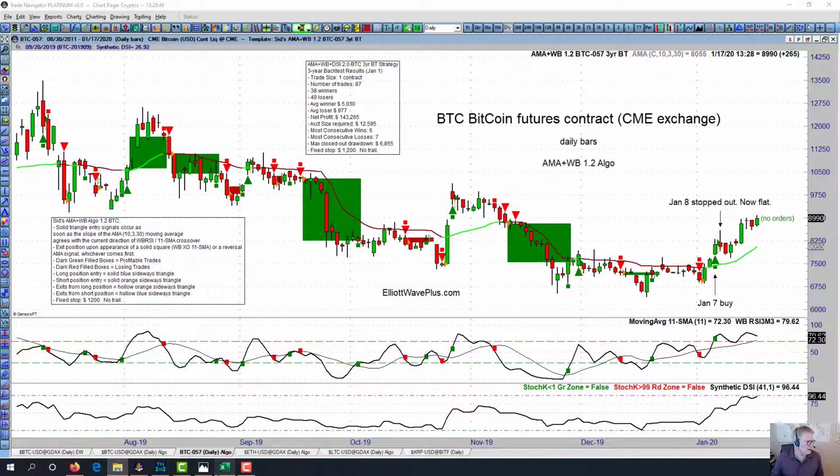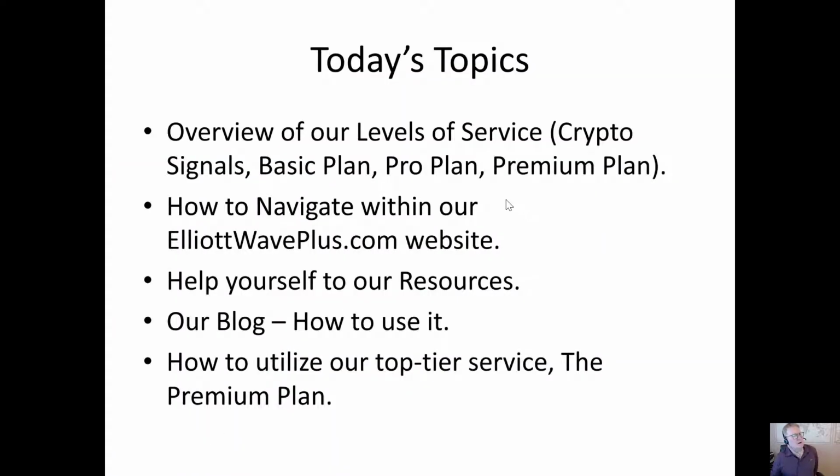So the premium plan, let's get back to my list of things we're going to talk about today. The premium plan is our top tier plan, and we actually have 4 levels of service. The crypto signals service, where we send out nightly trade signals that are based on my proprietary automated algorithmic momentum system. And then the basic plan is the next step up, and there twice a week I send out